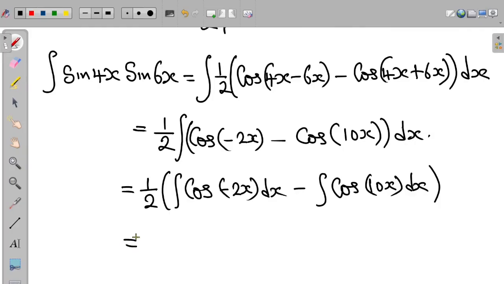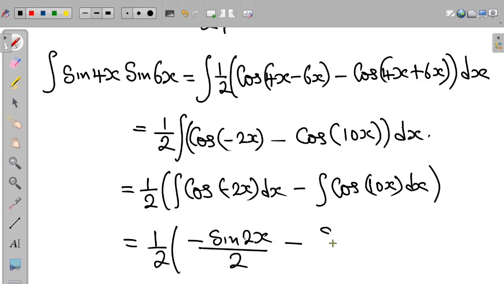So upon integrating, we have that 1 divided by 2, open the bracket, this is minus sine 2x divided by 2 minus, if we integrate this expression here, we have sine 10x divided by 10, and we introduce our